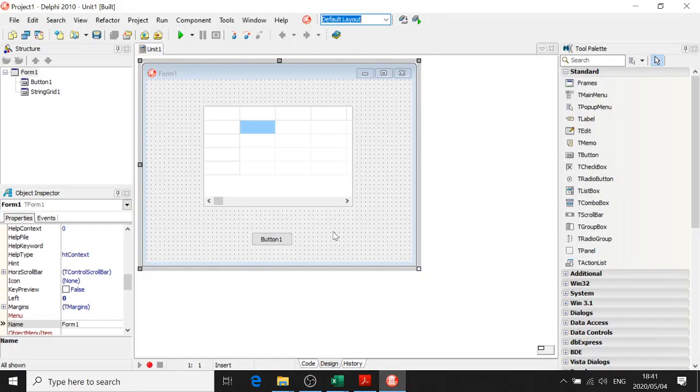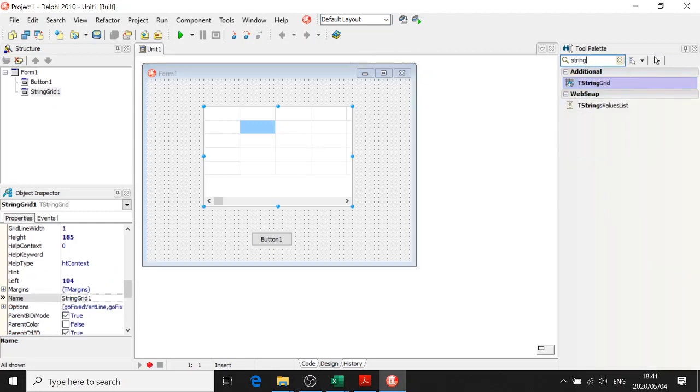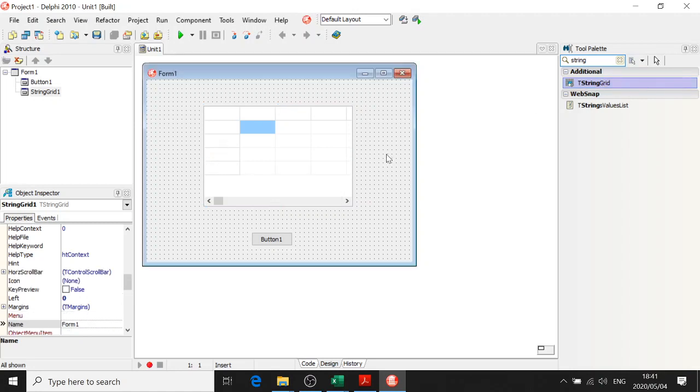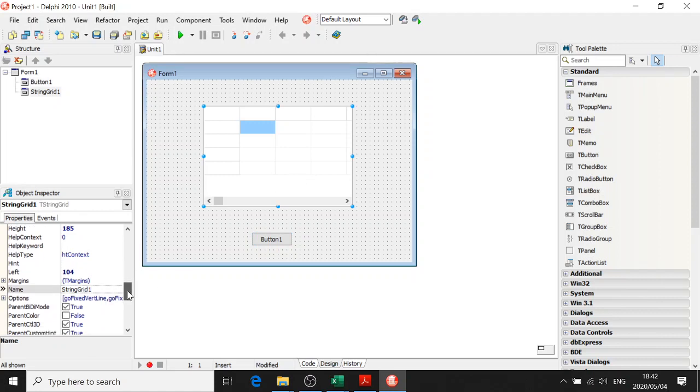Alright, grade 12, let's talk about string grids and 2D arrays. So here's a program. A string grid is a component you can search for over there and you'll find string grid, you just put it on the form. The string grid has rows and columns, and it looks a lot like the 2D array except for a couple